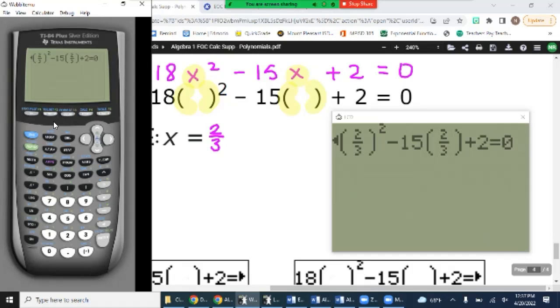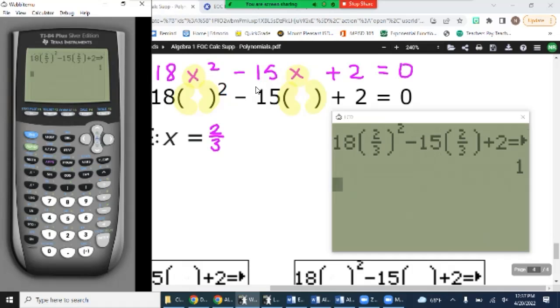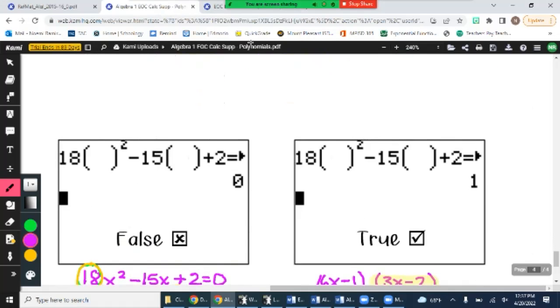Do you get a 0? Do you get a 1? What does a 1 mean? That it's true. It makes the equation true. So that is my correct answer. So when we put a 2/3,